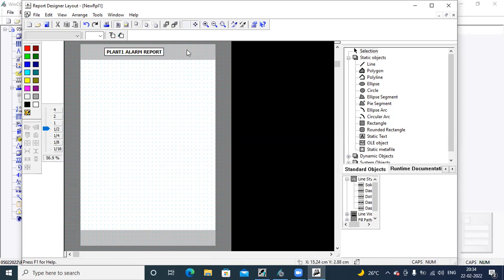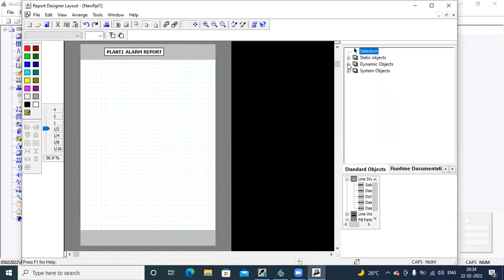So at the header, if you want to display the time also, in that case you have to go to the system objects. You can see date and time, that you can drag over here. It will automatically read the date and time from your system. And page number, if you want. If I want to display the page number at the bottom,